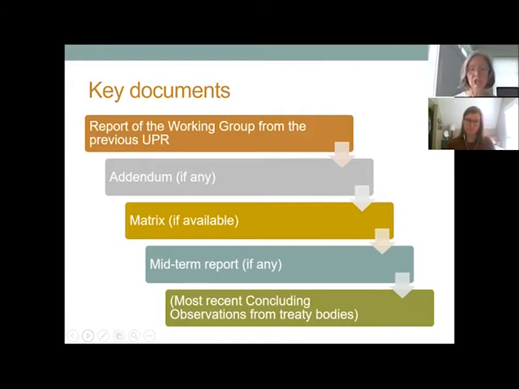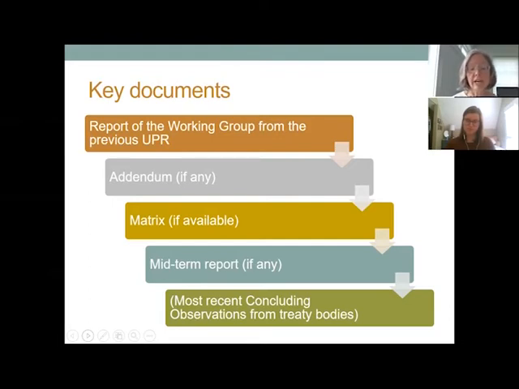If the government decided to wait and take their time to look over carefully the recommendations and make a decision, then typically the formal responses come in a separate document called an addendum. And the addendum might just list the recommendations by number and say accepted, noted. It might also give some explanation for why they are accepting or noting particular recommendations, or it might give some sense that they are accepting a recommendation because they believe it's already being implemented or has already been implemented, which can be the case in some circumstances.